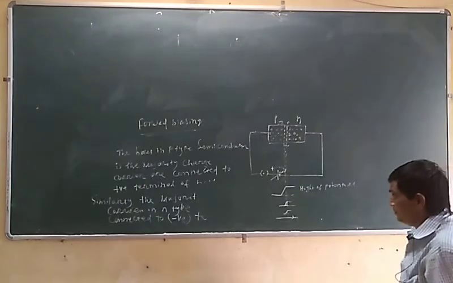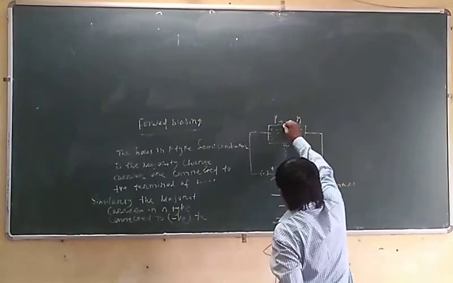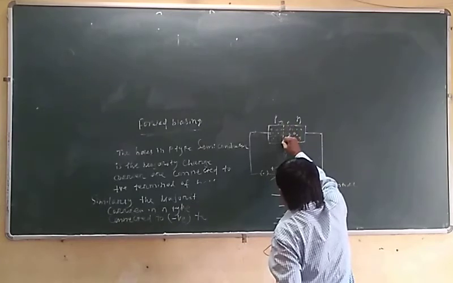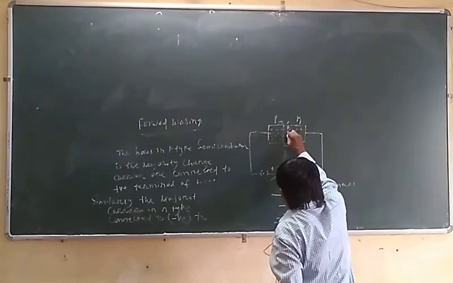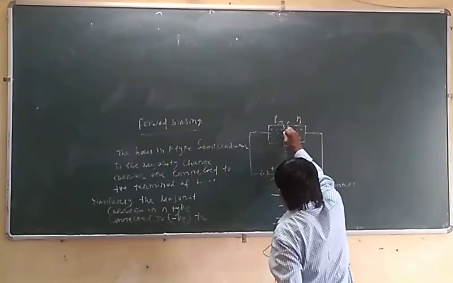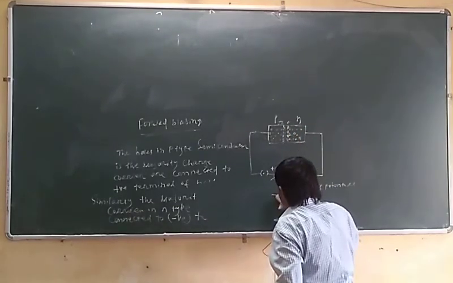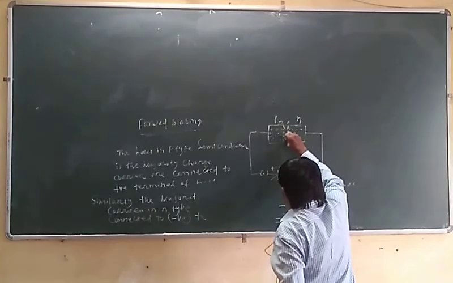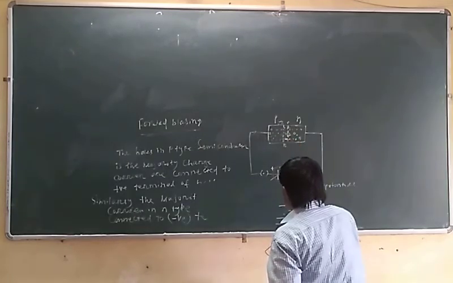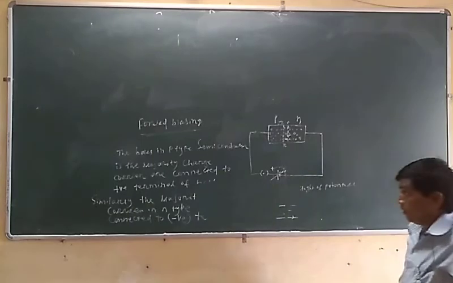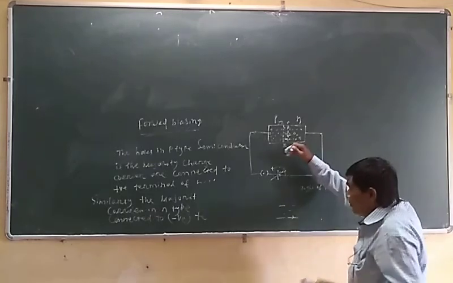Then another thing: when the depletion layer creates a border of charges, positive and then negative, these are negative charges. These borders of charge surface will generate an electric field. That is the electric field. So the direction of the electric field is this direction, right to left or left to right.